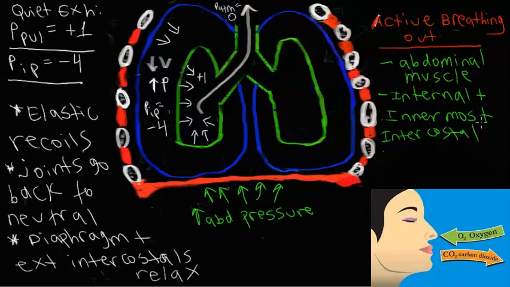Whereas the abdominal muscles push up on the diaphragm, right? They cause it to round up or dome up. And that's going to decrease the thoracic volume in the superior inferior direction. So again, we have a decrease in the thoracic volume even further. So on this side of a lung, I'm going to do what happens during active exhalation. The volume goes down even further,